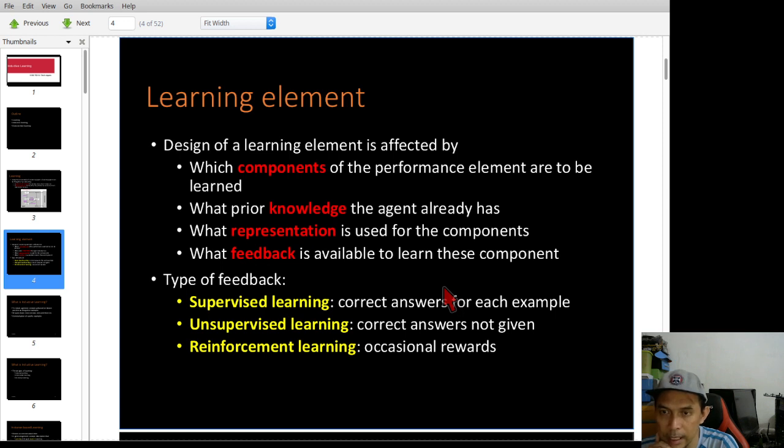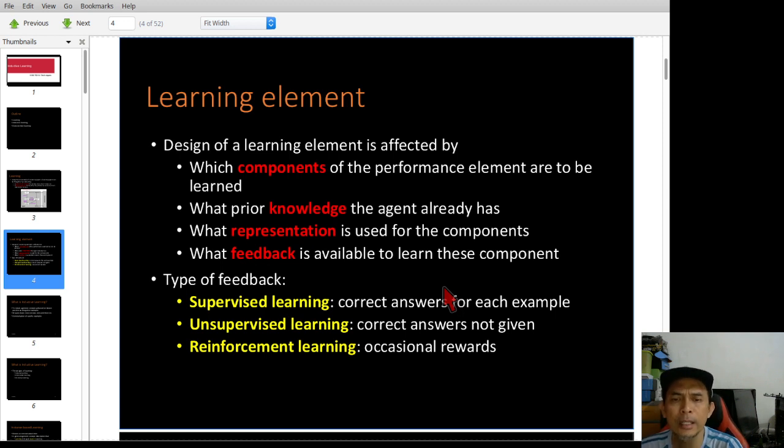Unsupervised learning: the agent is given the sample or training data, but the correct answer for the training data is not provided. This is unsupervised learning.